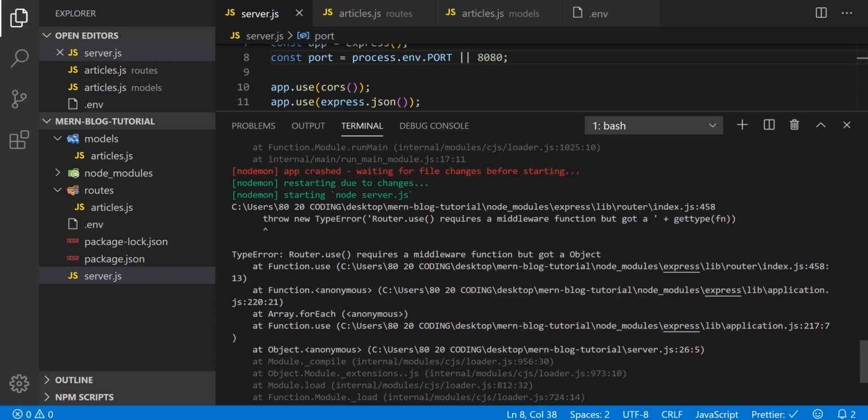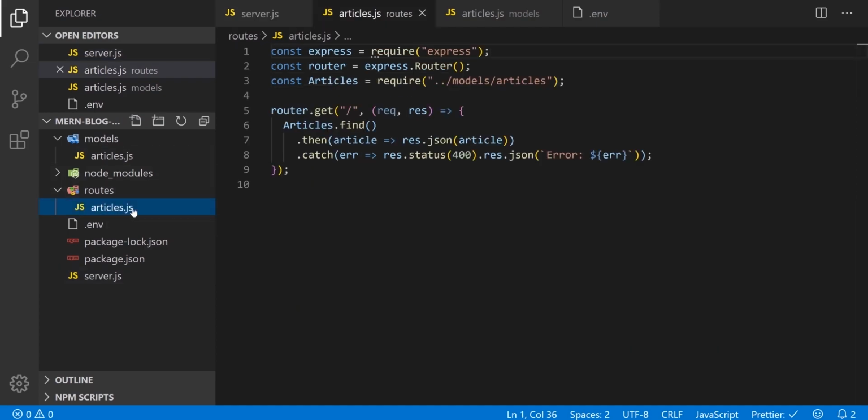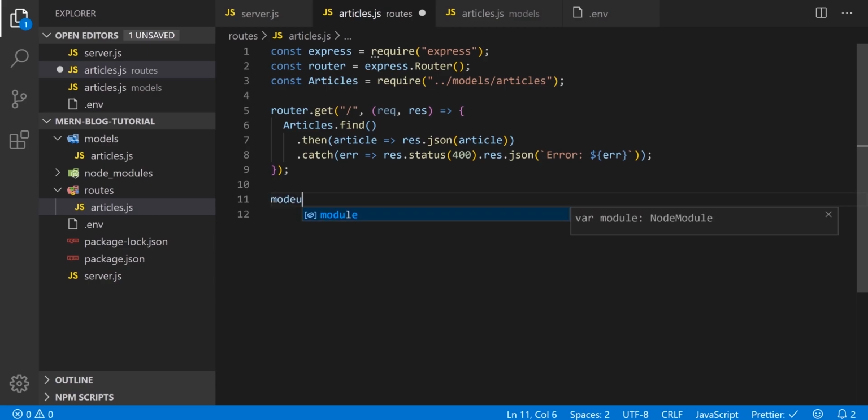Yeah, route.use requires a middleware function, but got a type. Okay, I think I forgot something, guys. In our routes I didn't export, so module